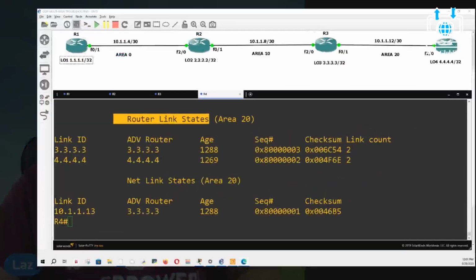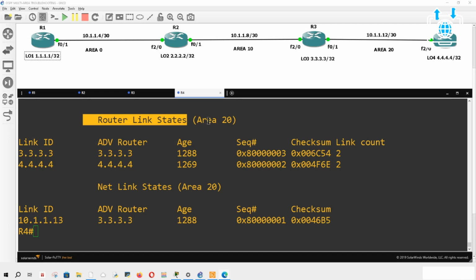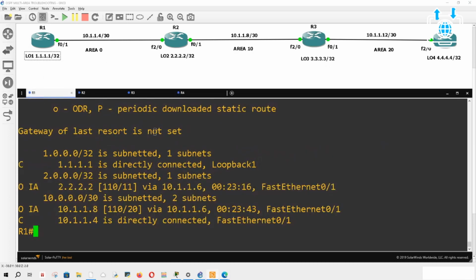So let's go back into it, full screen. In router 4, I'm not getting anything beyond this loopback. But here, we are getting everything up to this point. Now, right off the bat, you should know the rule that you must connect to area 0. Every router must connect to area 0, whether it's directly connected to a router that's connected to area 0, or indirectly connected, like this router needs to be indirectly connected to area 0.